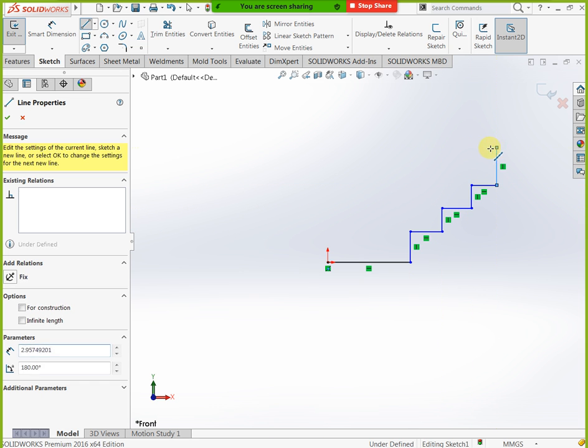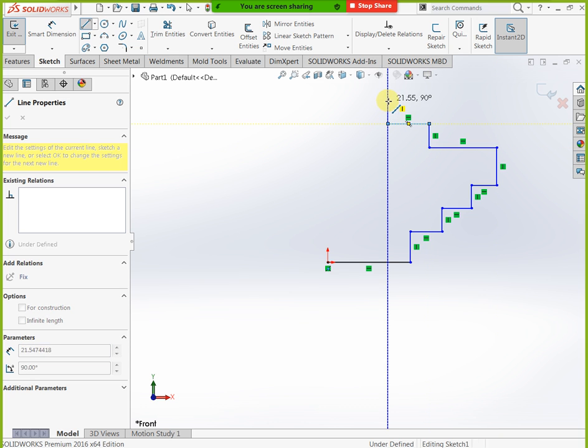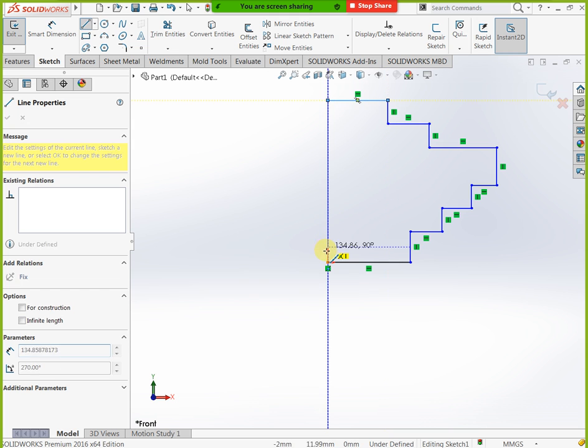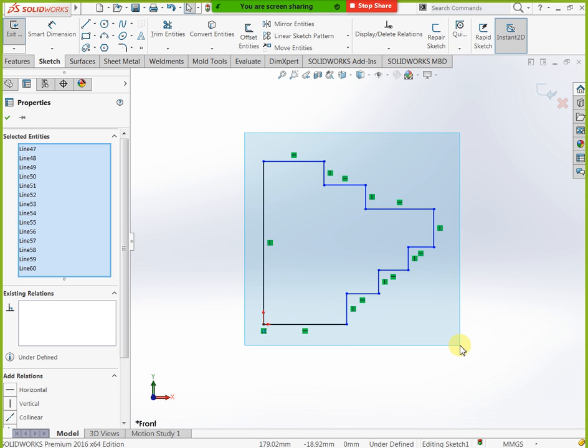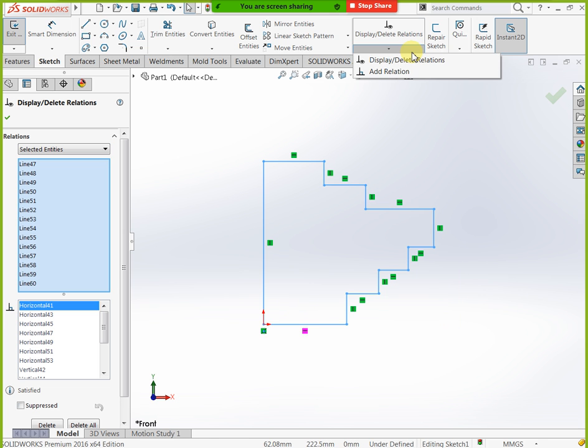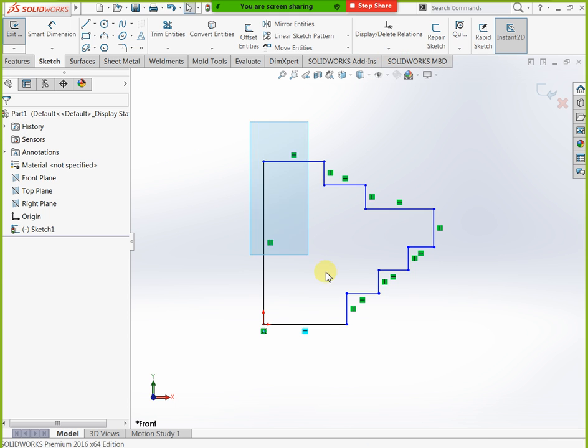Now you can select all this, go here, click on fully defined sketch. Here we have chain of dimension. Now you can apply. See, this is chain of dimension, meaning based on one origin you will get all dimensions. Just you can see.